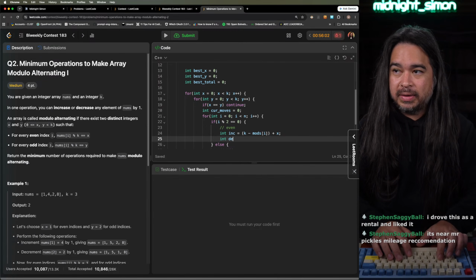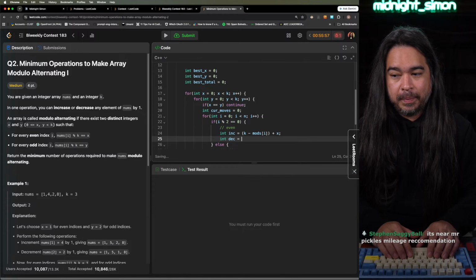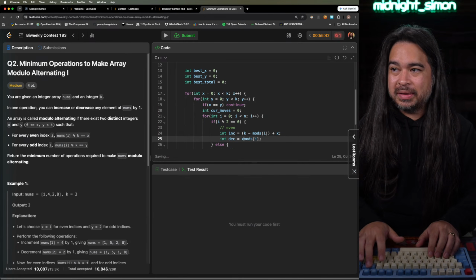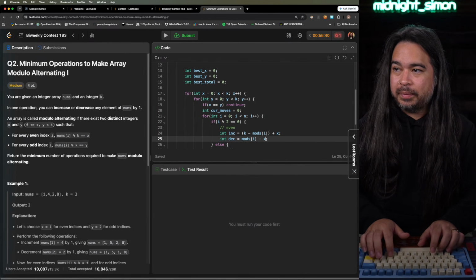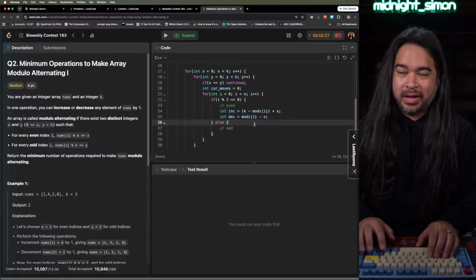If we decreased, then it would be, I don't know what it would be, man. X minus mods I, or mods I minus X. But then if it's something like that, man, I can't focus straight